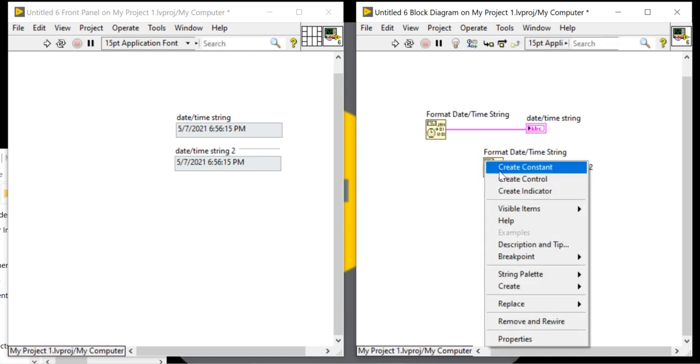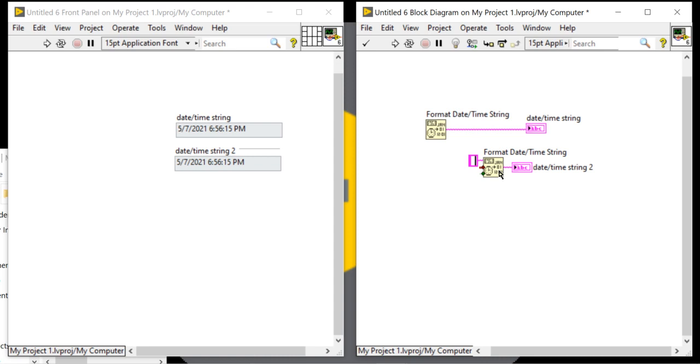Right click, create constant: percent d, percent b, percent capital Y or small y. Here I am taking small y.